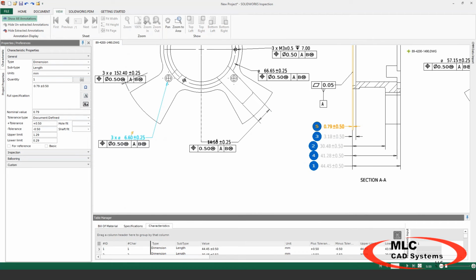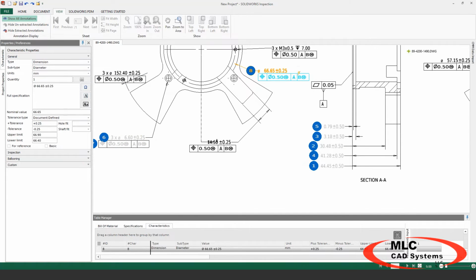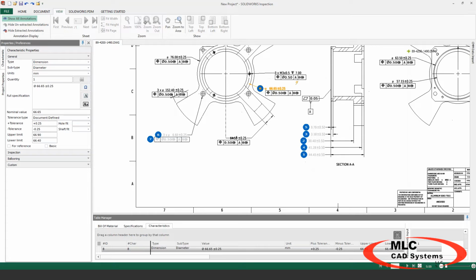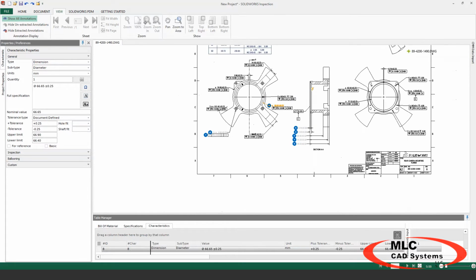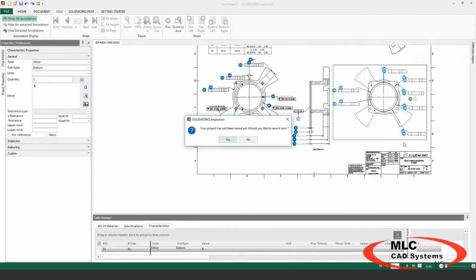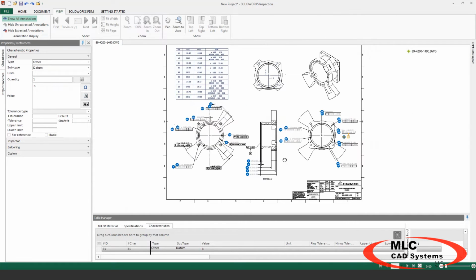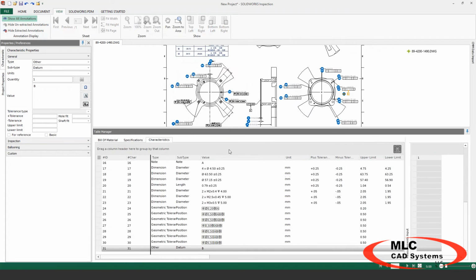If I zoom in on some of these other options, I still have the flexibility that I can choose things individually and start populating them as well. So whether we want to grab a bunch of items in bulk, or if we want to just start grabbing a lot of these dimensions. So once we have a lot of this information that's already been specified, we can take a look at what